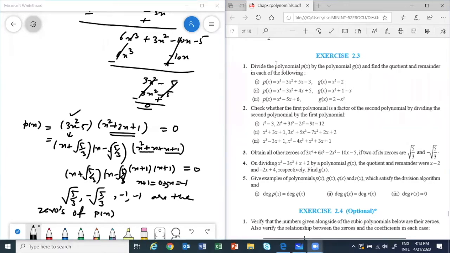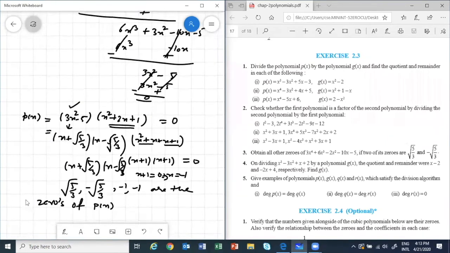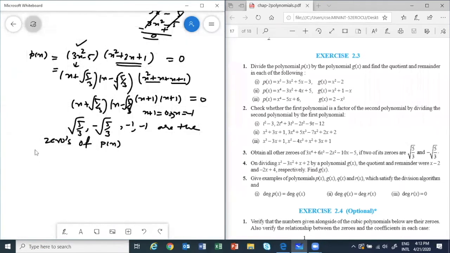Clear, students? So you can mark this. All these are important, but this one, if it comes, it can come for 3 or 4 marks. Okay? Because you will have to divide, then you will have to factorize also. Plus, the way you write it is also important. So there are marks for steps also. Okay? Finished all of you?